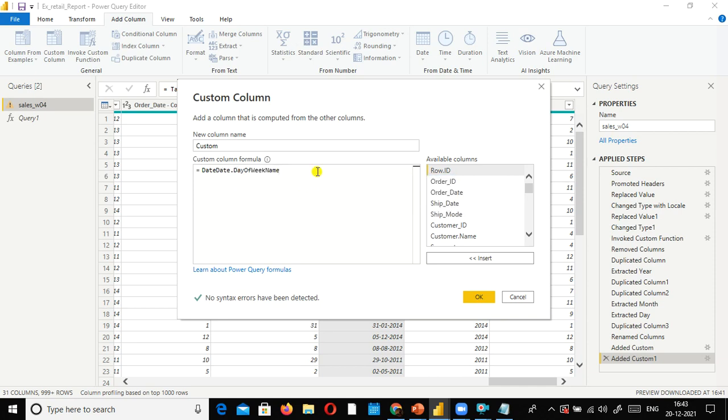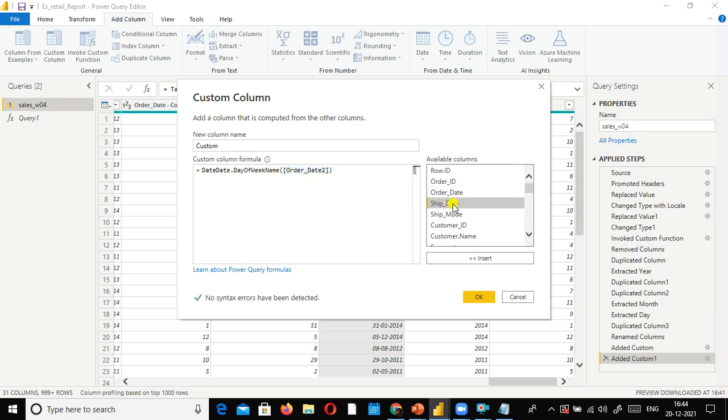Okay, with this you should just select it, and then open the parenthesis, and then go to select your order column, date column. In my case, the date column is this one. I am going to select this one. So guys, don't think only order date will work. Any date column, these functions will work. Instead of order date, you can specify the ship date, or due date. If you have any other date, you can specify it there.